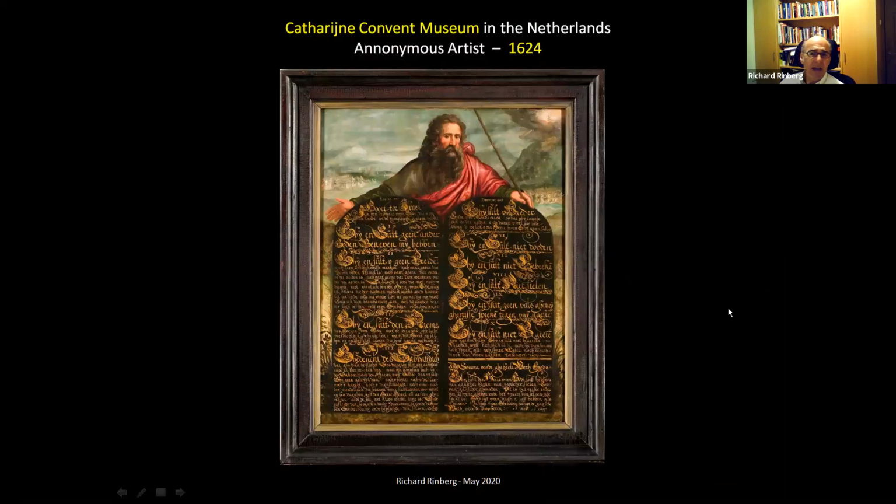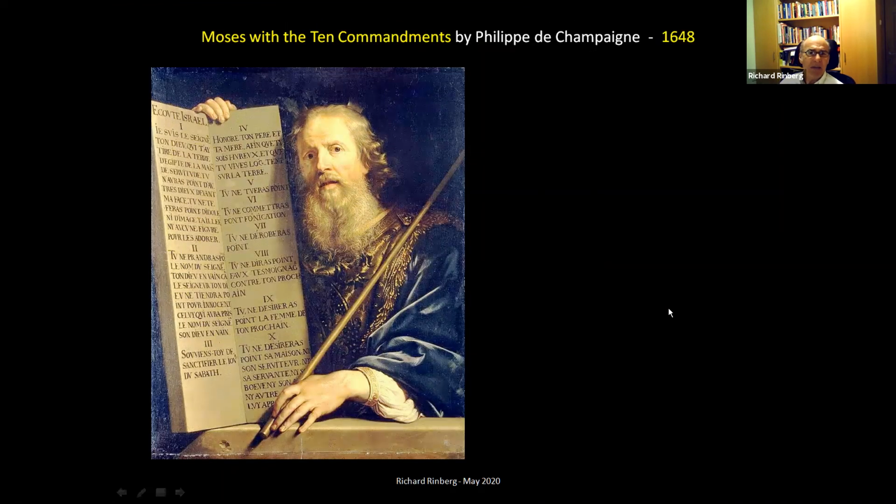And this is in the Netherlands, where the Christians took up this idea of having luchot and showing the law on the wall. And in many churches, Marian churches, you'll see this sort of design, very, very wordy and such like. We don't know who did this, 1624. And here's Moses with the 10 Commandments, 1648. But you can see, Hero Israel, Ekut Israel. But if you look at it, firstly, the counting starts on the left, not the right. So certainly Christian. And it goes 1, 2, 3, and then 4, 5, 6, 7, 8, 9, 10. So it's a 3 and 7 split, not quite the split that we have.